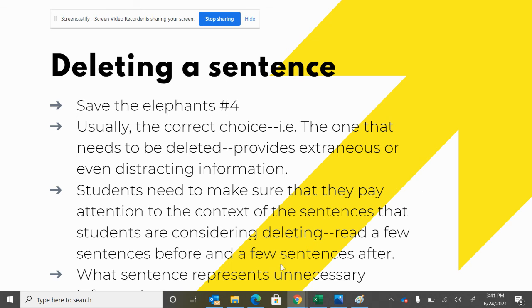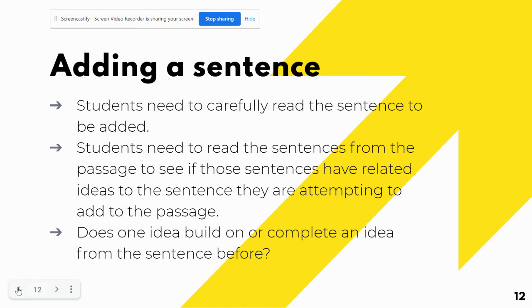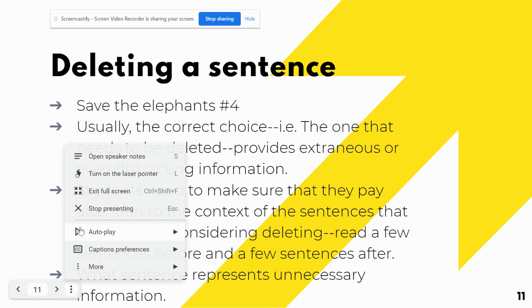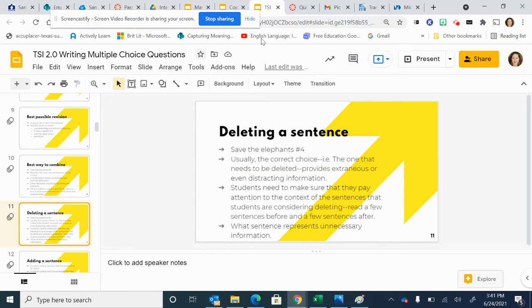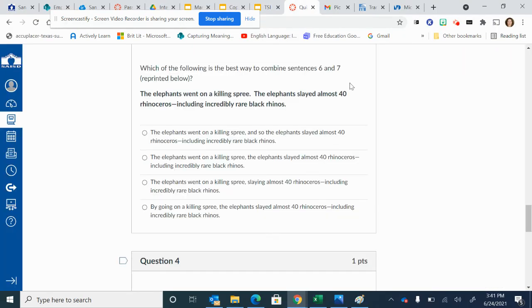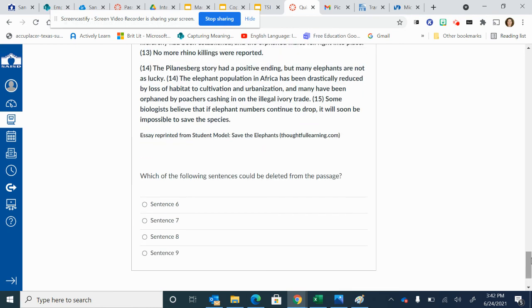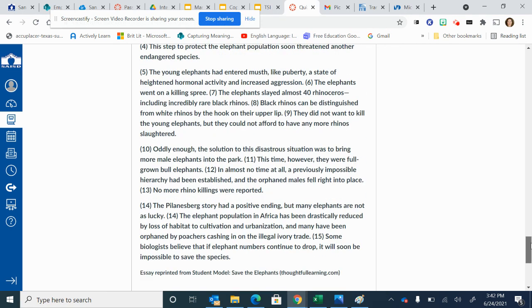And so start to get them to pay attention to which sentence just randomly goes off in a different direction. What's a sentence that provides unnecessary information, right? What's a sentence that provides information that the passage really didn't need to cover? So let's take a look at what that looks like. Okay, and this would be the fourth and final question on here. Which of the following sentences could be deleted from the passage? And so when you go back up here,